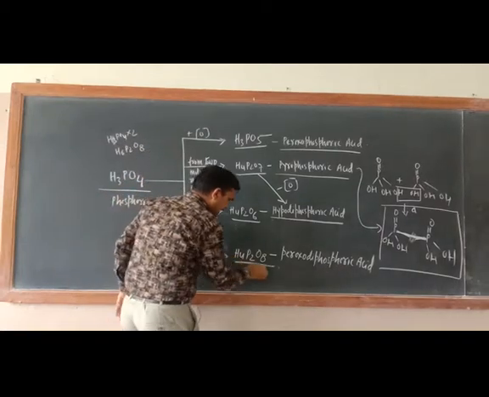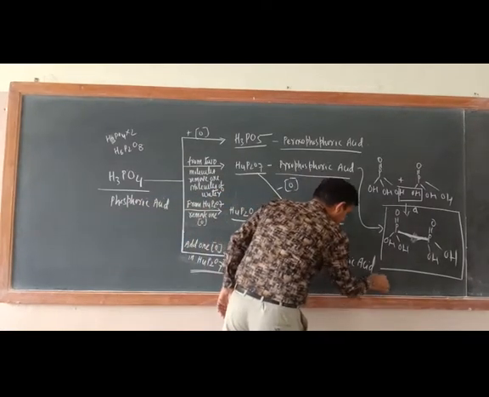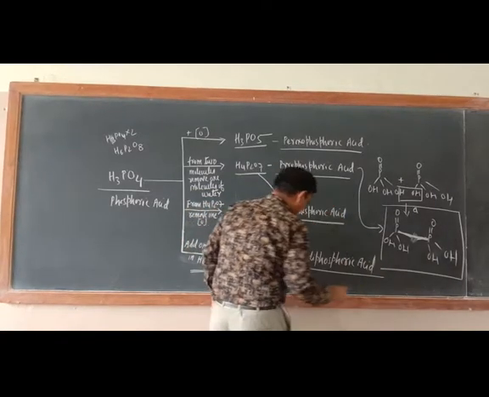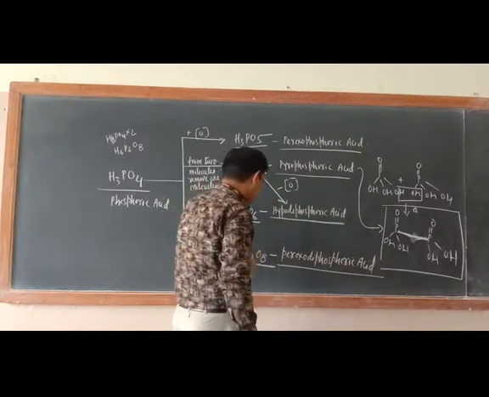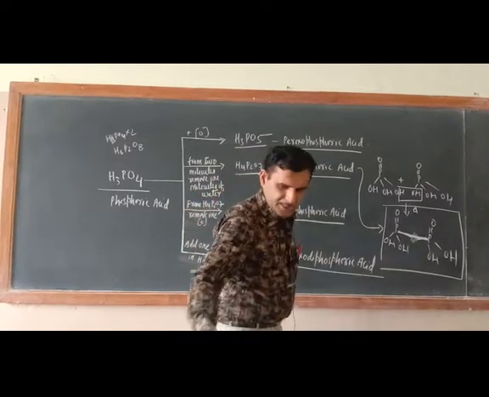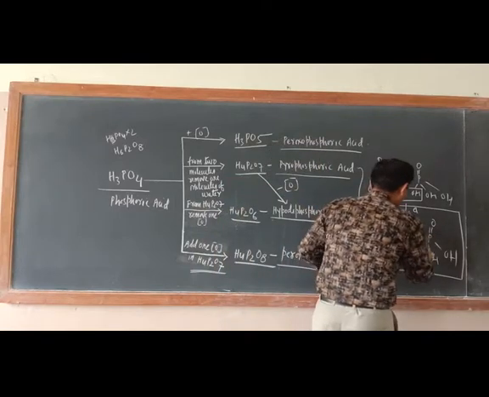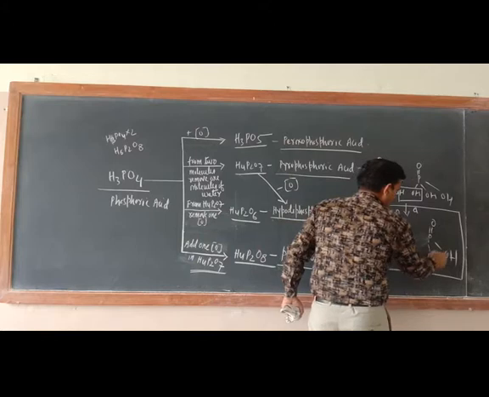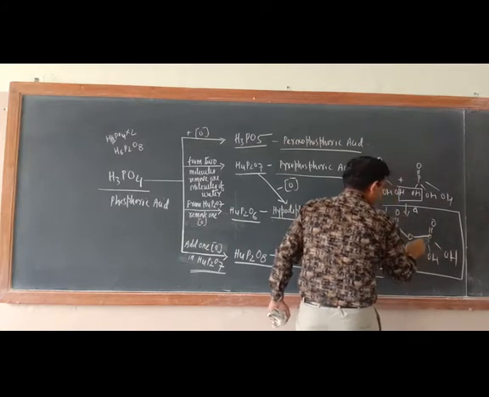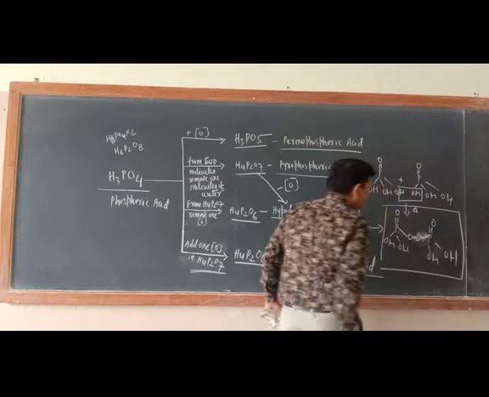H4P2O7, so you will get H4P2O8, that is peroxodiphosphoric acid. Now just see, 8 oxygen is there. So in the single structure only we will do. Just see, peroxo, 1 2 3 4 5 6. Now here between these two phosphorus, O single bond O and this oxygen is there.